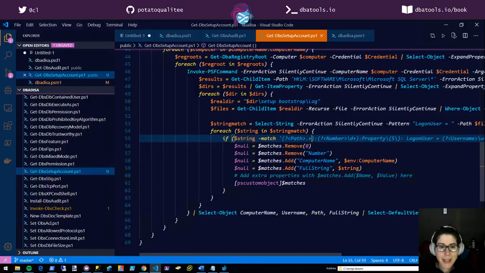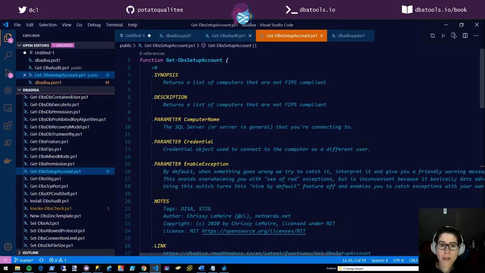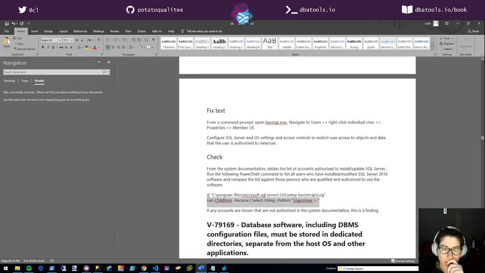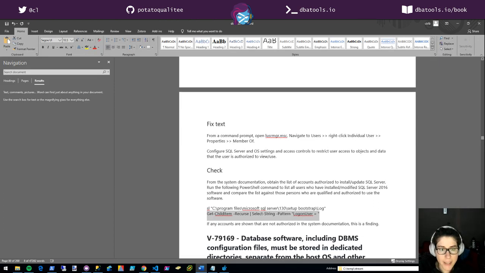Now that this command is complete, I have to work on the documentation, right? So the synopsis, let's go to this itself and see. Shows accounts that are authorized. A list of accounts authorized to install, update SQL Server.